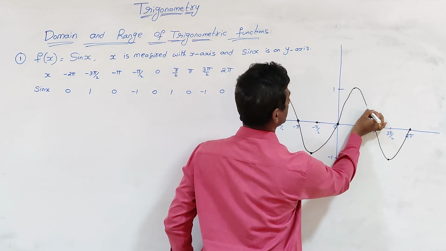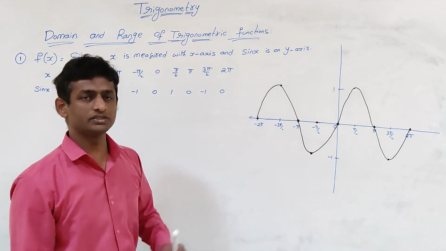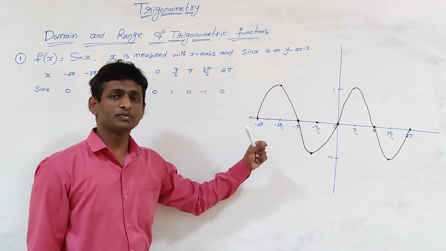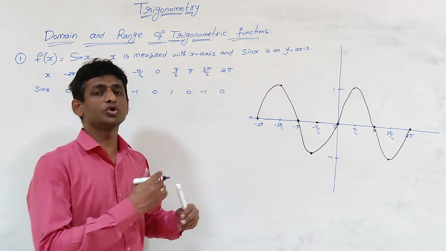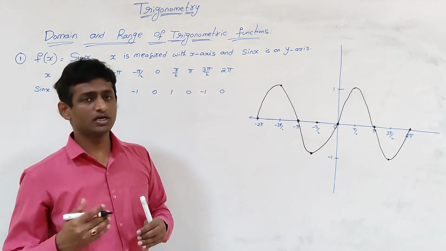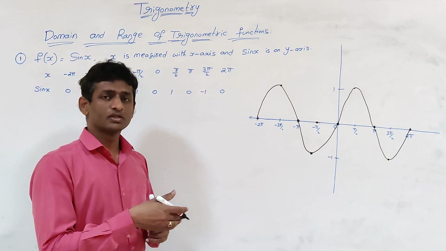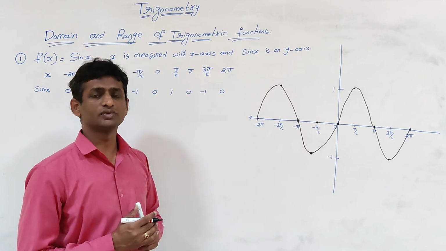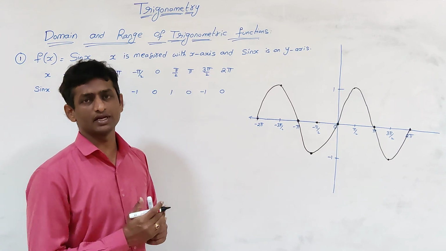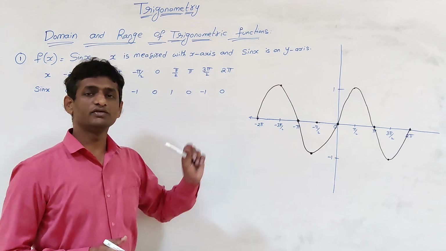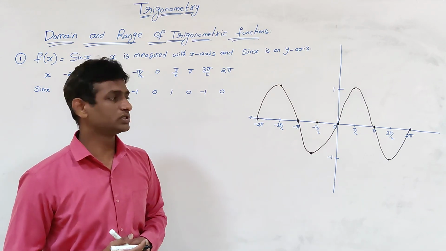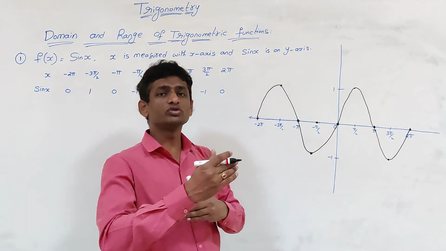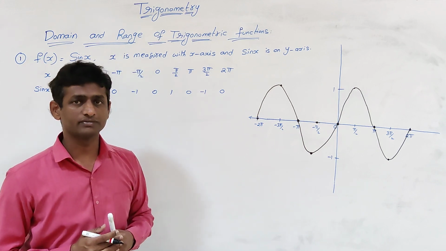So this will be the graph of sin x, and the inputs will be acceptable for all real numbers, as there is no ending point in both directions. As it rotates in the anti-clockwise direction continuously, it never ends. Similarly, if it rotates in the clockwise direction, it never ends. So it accepts all the angles. Coming to the outputs, the sin x outputs lie between minus 1 to plus 1 only. Means it oscillates between minus 1 and plus 1.